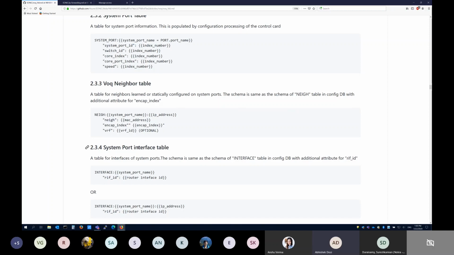So there is no configuration for it. It's a discovery, right? So we haven't described the schema for fabric ports here. I mean, they are in the port table, at least from a SAI point of view, the same port table as the existing ones. So they do not need any configuration, but they are discovered and monitored for stats. That is not related to the chassis DB or VOQ DB. That is more like an ASIC DB: you discover the ports, and it is going to be a single